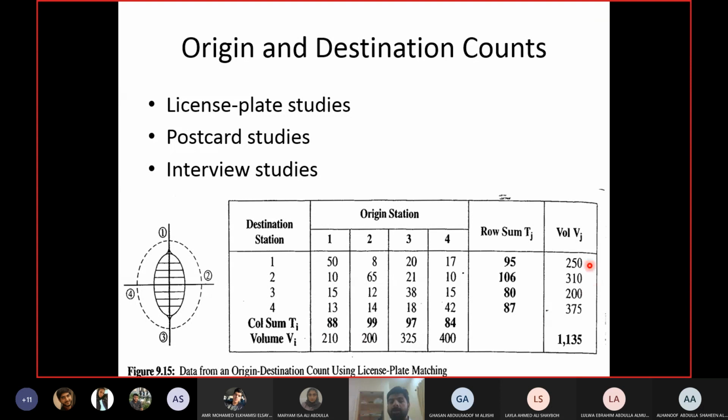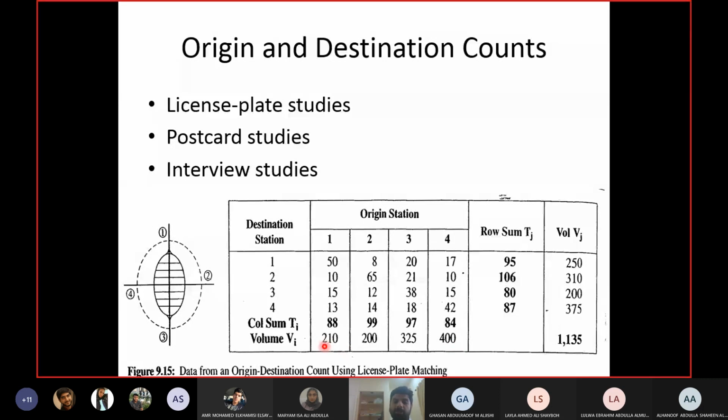On the other hand, there will be some observers who will be taking the data for people who are coming into each area. So how many people went into area 1? 250. How many people went into area 2? 310 and so on. So the volume is taken from the field, but these values are missing the origin. They went into the area of these destinations, but what is their origin? I don't know. Or they are missing the destination. For example, I know these values are from the origin of these stations, but what is their destination?